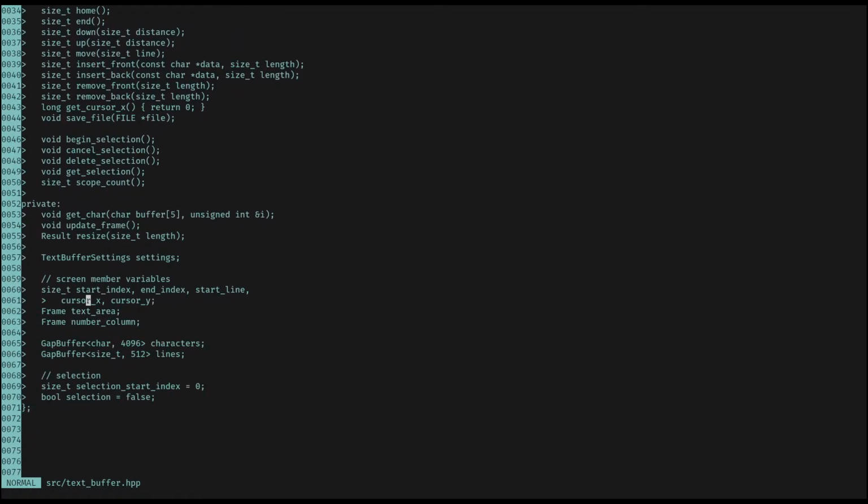Okay, so I went ahead and simplified things quite a bit. I changed the names of some of these. So these are the screen information right there. And then I have a gap buffer here for the characters, and then I also have a gap buffer for the lines. So the intention is that each line will be